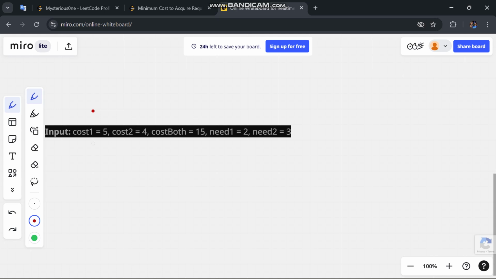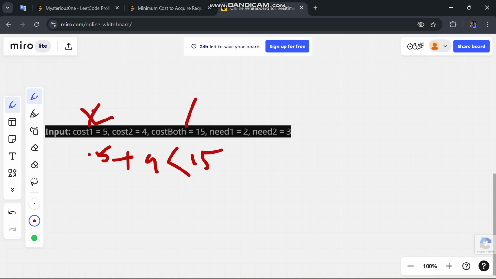So we can say that the sum of cost1 and cost2 is less than costBoth. Like 5 plus 4 is 9, which is less than 15, so we can choose